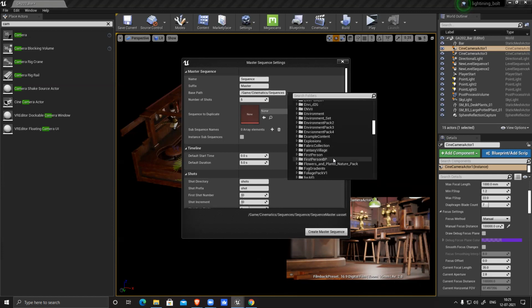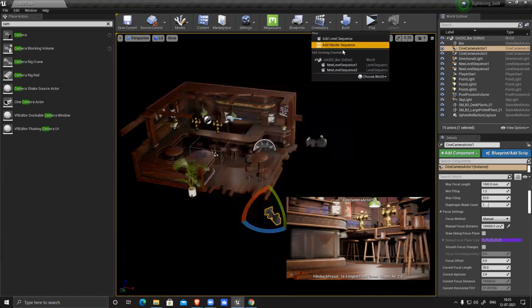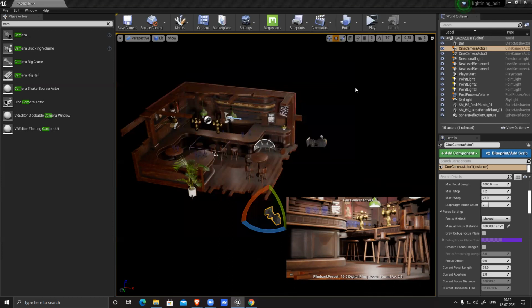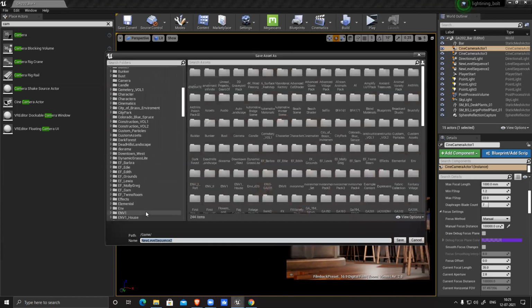Let's see. Or the easiest way is to create one more level sequencer and name it master.